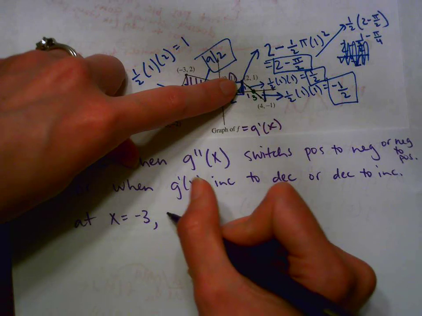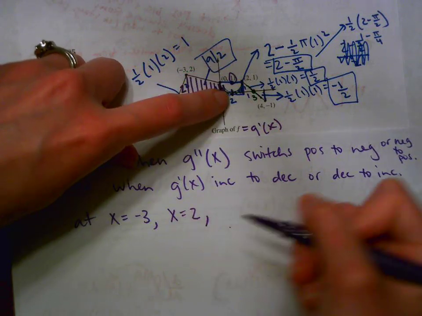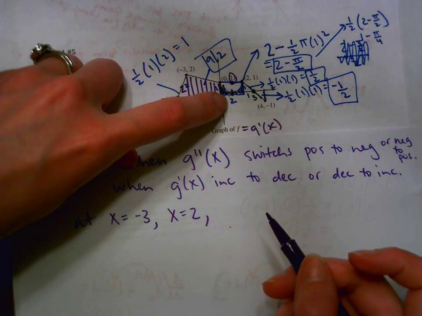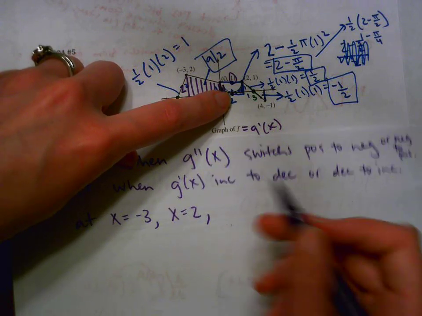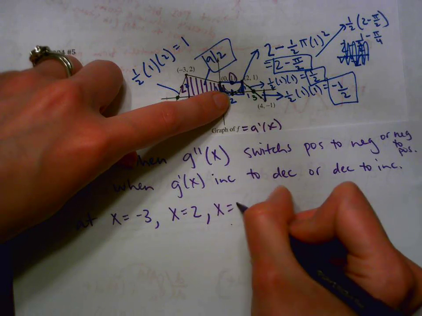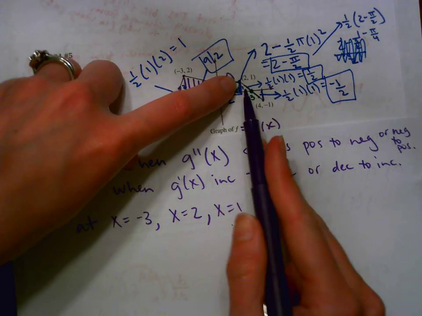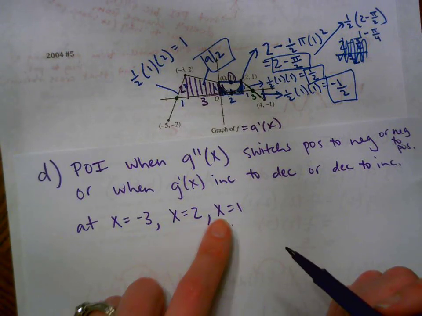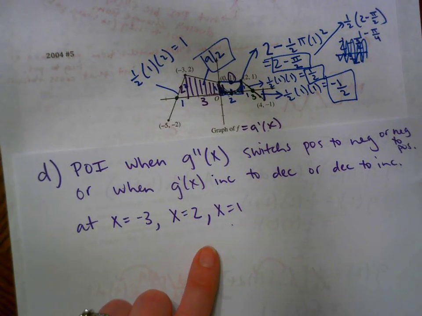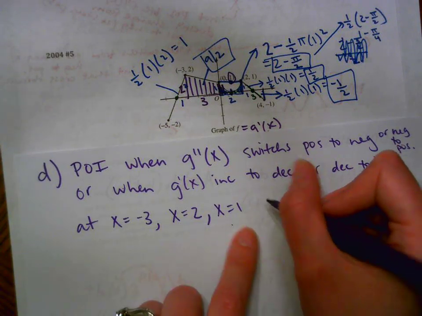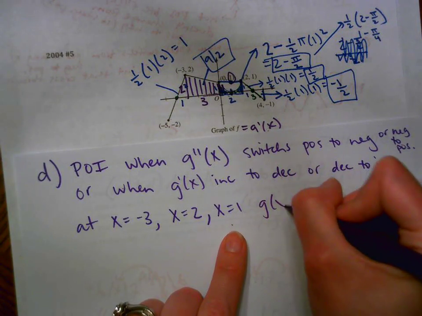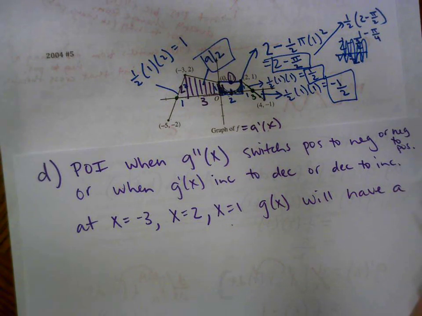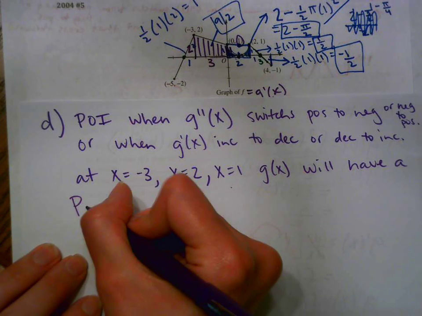And then now it's increasing. So that's x equals 2. And then where else? Right here. No, that's not x equals 2. That was x equals 1. But then also at x equals 2, it switches back to decreasing. So you should have 3 different POIs. And we'll say at these 3 spots, g of x will have a point of inflection,